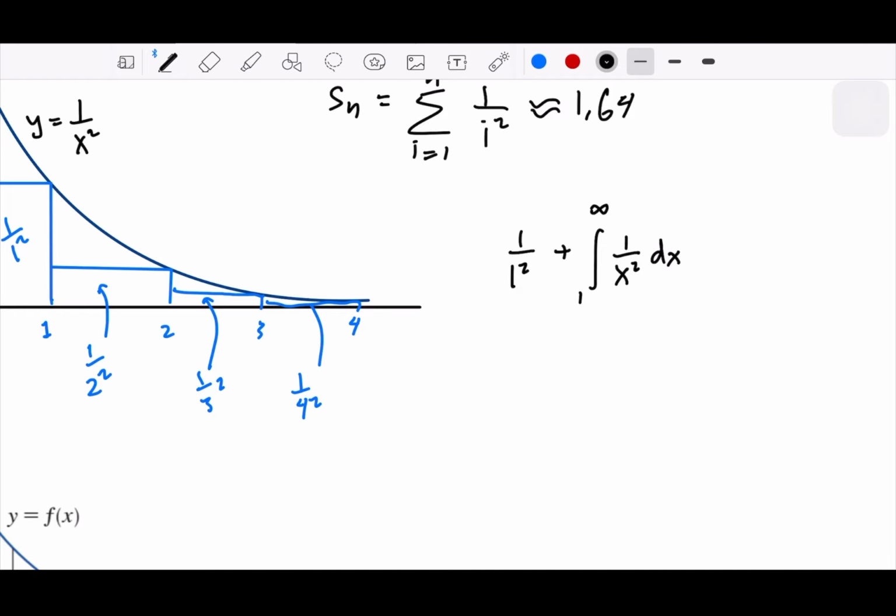So basically, what we are looking at here is if we can set up some integrations, or if we have a function or a series that satisfies the conditions to be integrated, we can use the integral test to check whether the series converges or not. So that's basically what we are going to approach. Okay. Now from here,